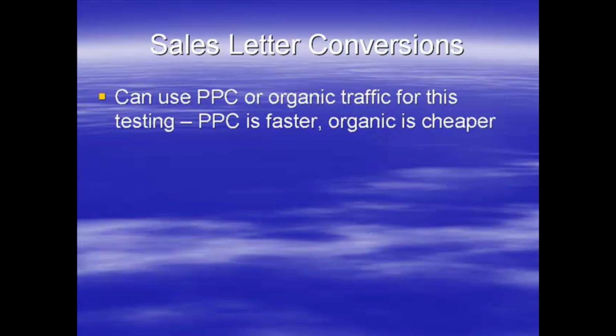Now, when it comes to driving traffic to your website, you've got two choices when you're doing the testing: pay-per-click or organic traffic. Now, pay-per-click is obviously faster. You could possibly get your 500 visitors or whatever in a day. However, it's going to cost you money. Organic, obviously, is going to be slower and cheaper. So it's up to you. It depends upon your budget. There is no right or wrong answer. Whatever money you have, or however you want to approach it, that's your choice. Pick either one of these. It doesn't matter which one it is.